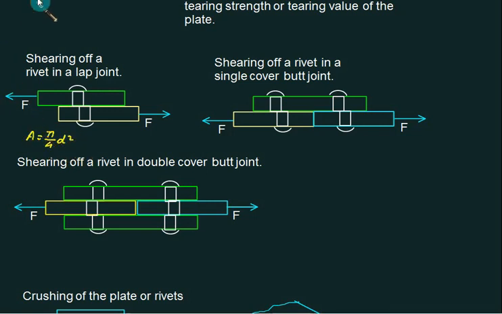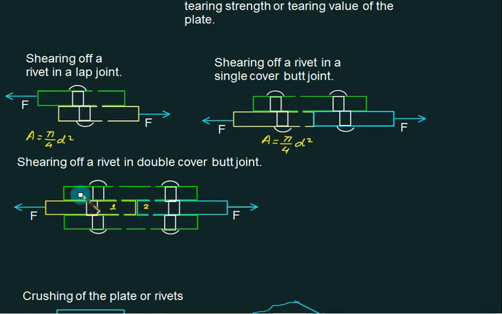And failure will occur somewhere like this. So these two plates are cut here and the joint will fail. So either you have a cut here or a cut here, anywhere. So we have a case of single shear. So again the area will be equal to pi by 4 into d square. We have plate number 1, we have plate number 2 and we have two straps. So your joint can fail if you cut completely here or you can cut completely here.